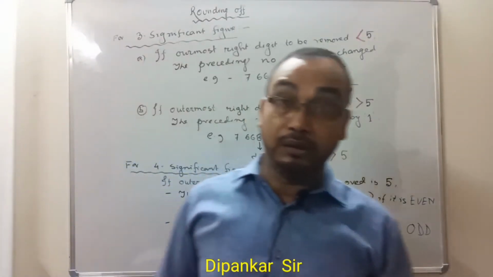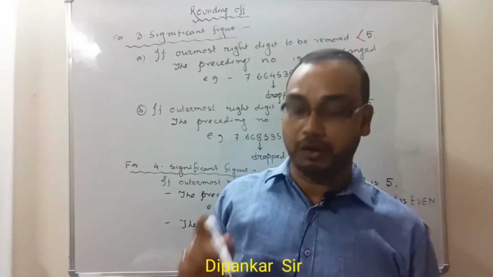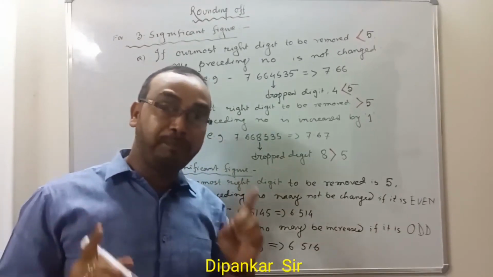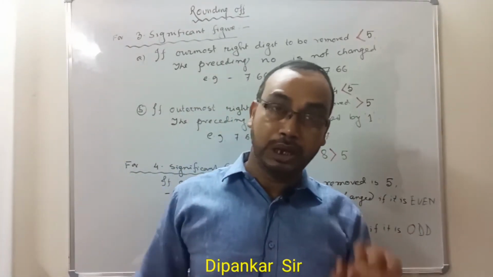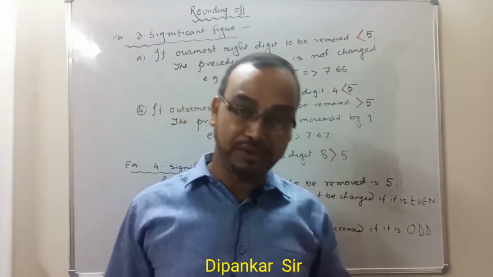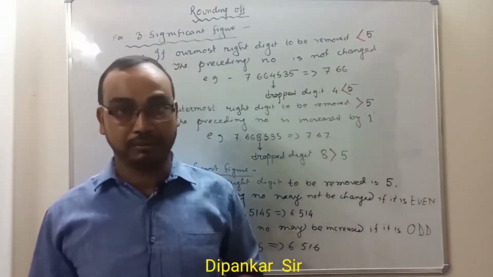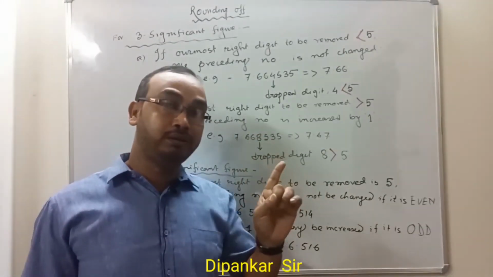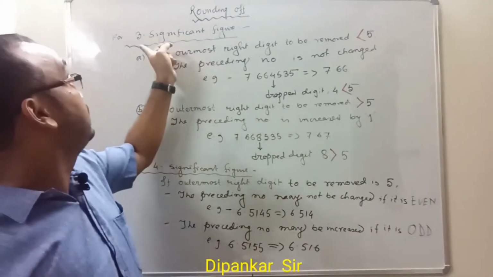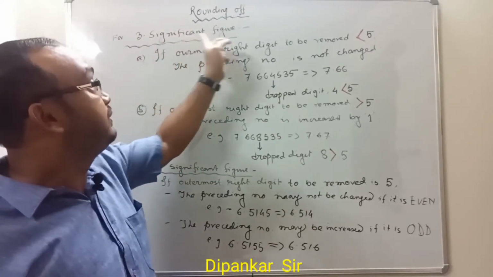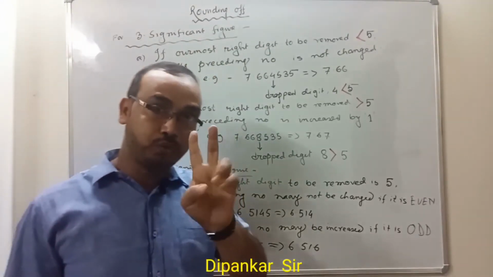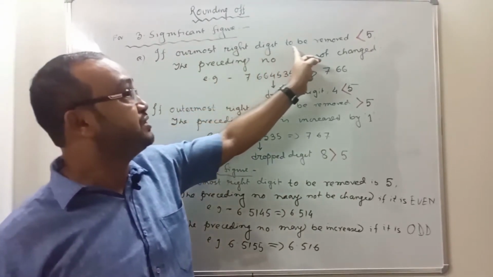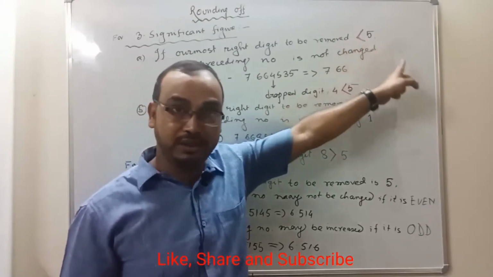Now rounding off. This will depend upon how many significant figures you will take. For example, I have given 2 examples here. First, for 3 significant figures, 2 rules are there. If the outermost right digit to be removed is less than 5,